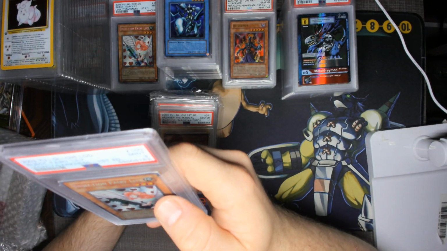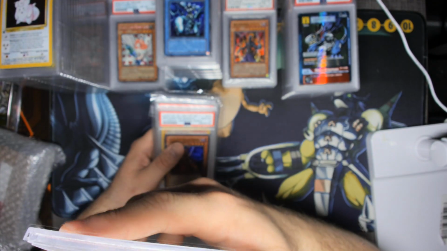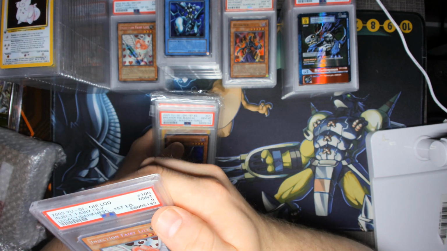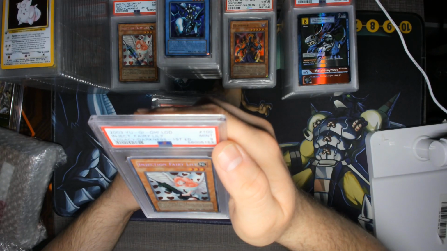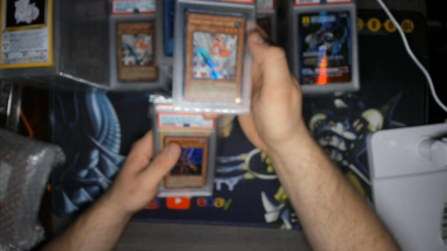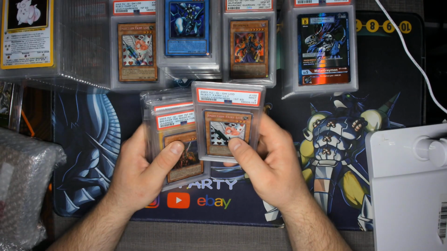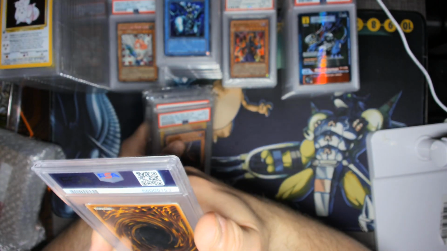So this is the 3rd copy that I graded. So all 3 of the copies I sent in got 9s. This one is so freaking clean though. Like the centering on this is better than my 10 that I have and the 10 that I graded. So like there's no rhyme or reason to PSA anymore. What gets 9s or 10s when it comes to centering. There's nothing else wrong with this damn card. Like that's actually